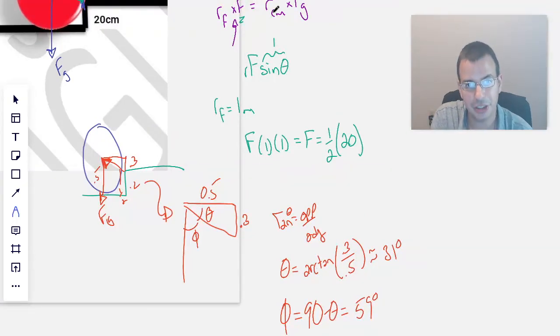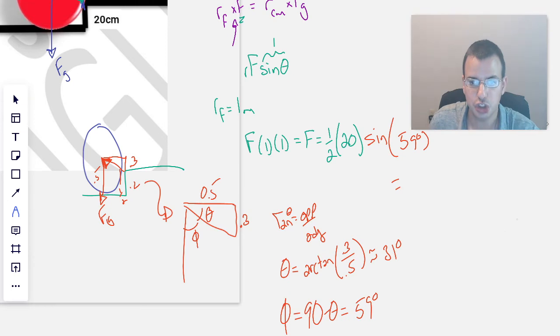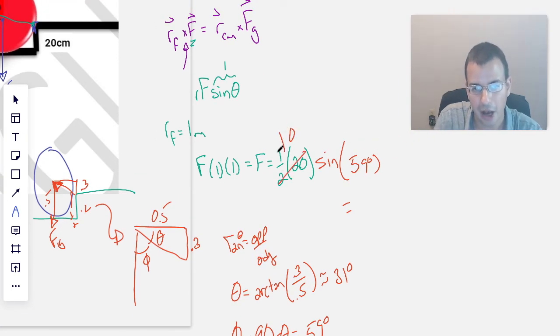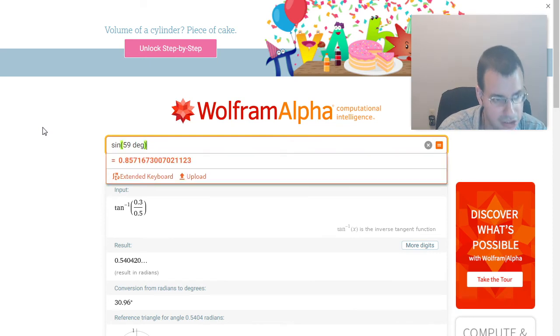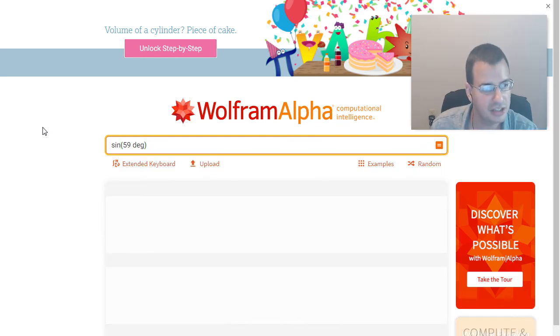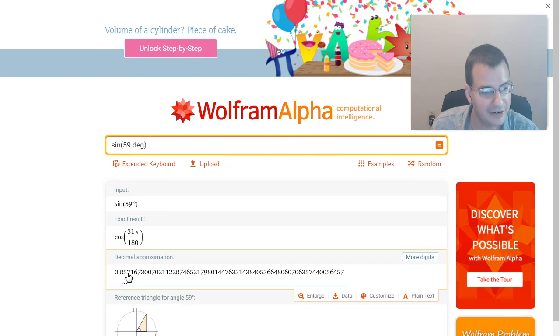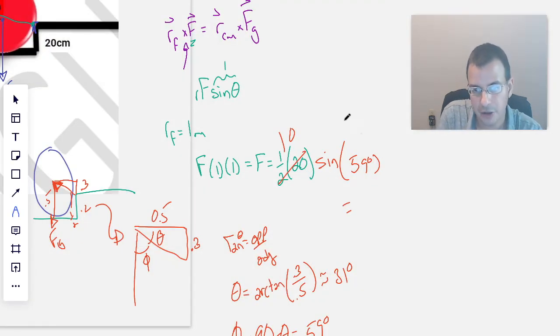So we were looking for this magnitude here. R, center of mass, cross FG, the magnitude of that is going to be R, which is 1/2, force gravity, which is 20, times the sine of the angle between the two, which is phi, which is 59 degrees. So I'm going to do a little simplifying here. Kapow, 10. So I'm going to do sine of 59 degrees, which gives us, let's say 8.5. So 0.857. 10 times 0.857 is